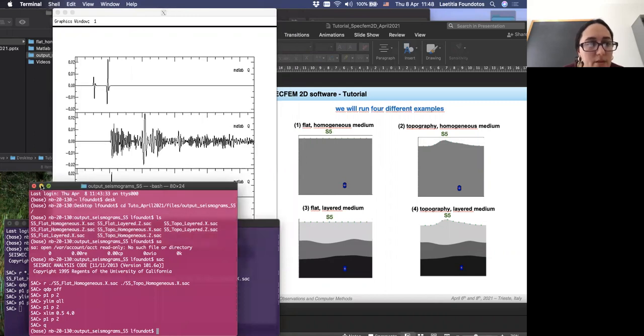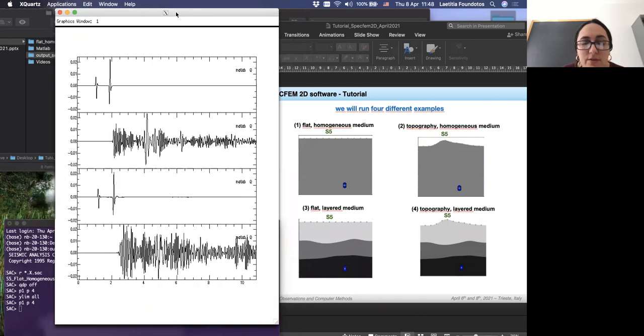Okay. But now, the most interesting example, the configuration which adds really a great difference, is to introduce these layers. You can see here between this example, flat homogeneous, so this one, and here flat but with layers, which is this one, the difference in terms of waveform is really huge, as you can see.